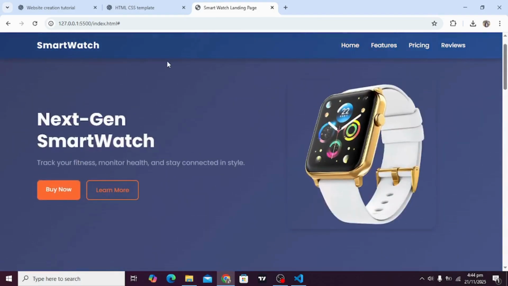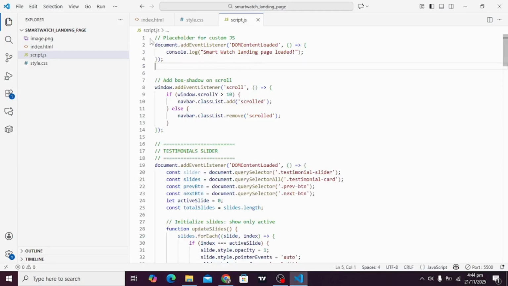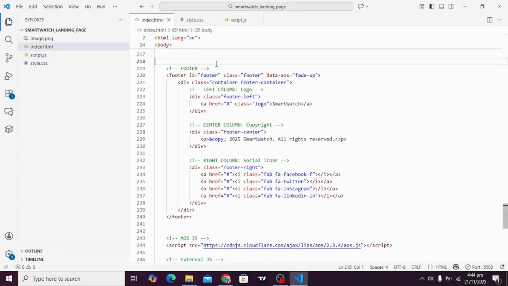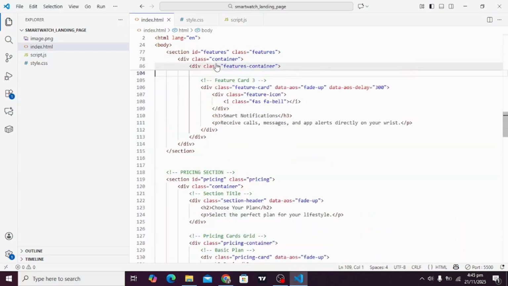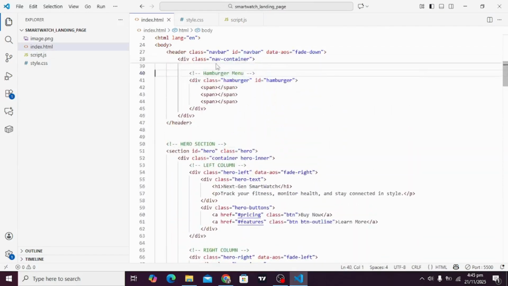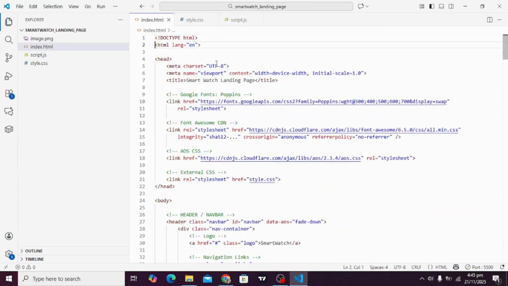So here you go. For an overview, let's see what our code is doing. As you can see, we have multiple sections in our HTML code. Let's go to the top. At the top, we have a head section where our CDN and style files are linked.